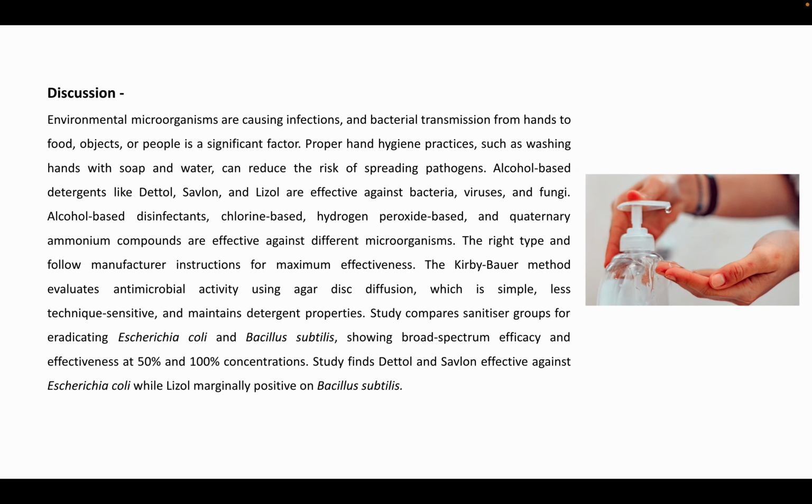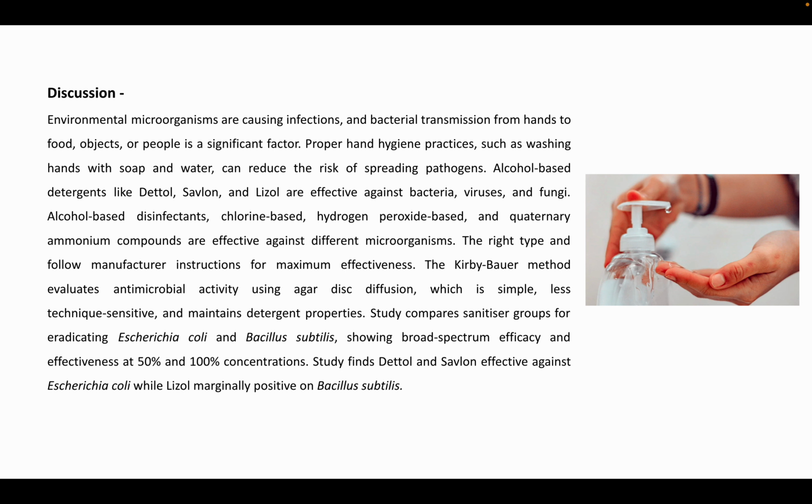Now, to the end part of this presentation, the discussion. Environmental microorganisms are causing infections, and bacterial transmission from hand to food, objects or people is a significant factor. Proper hand hygiene practices such as washing hands with soap and water can reduce the risk of spreading pathogens. Alcohol-based detergents like Dettol, Savlon, and Lysol are effective against bacteria, viruses, and fungi. The best way is to follow the manufacturer's instructions